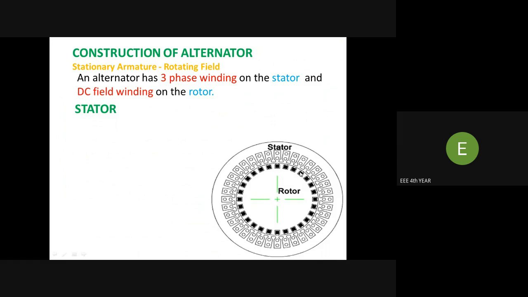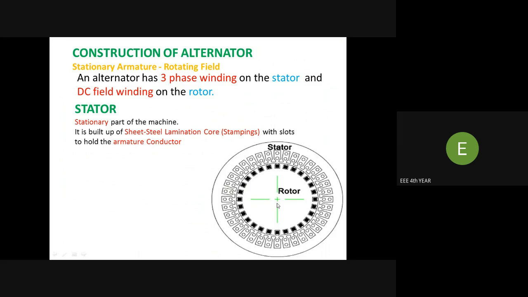Here is the rotating part of the synchronous generator or alternator. Why it is called a stator: it is the stationary part of the machine. It is built up of silicon steel lamination core, that is named as stampings, with slot provision. It is used to hold the armature conductors.